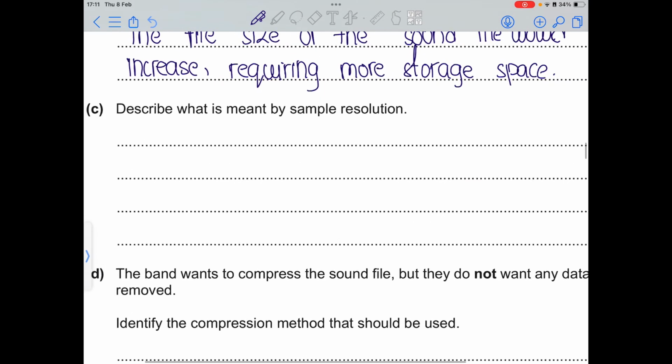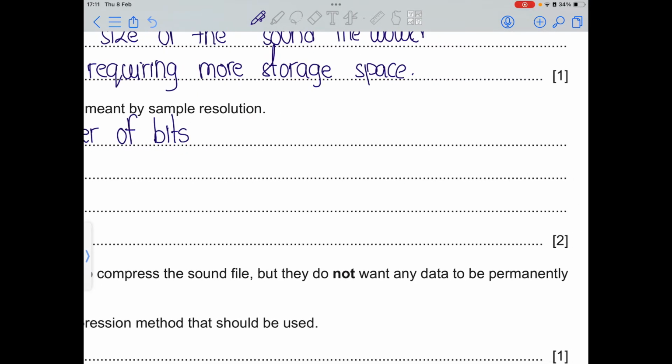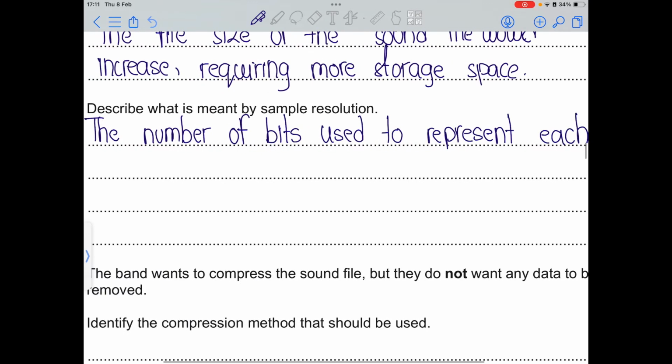Describe what is meant by the sampling resolution. Now, sampling resolution basically means the number of bits used to represent each sample. The number of bits used to represent each sample of the sound file, and since it's a 2 marker question, that suggests